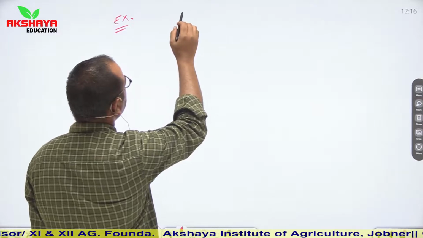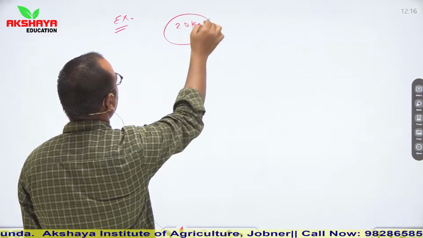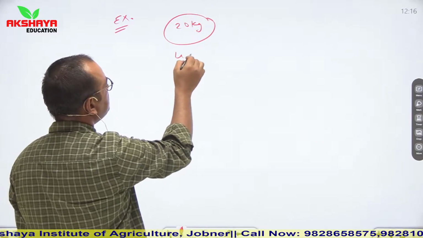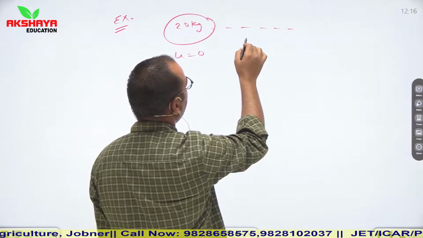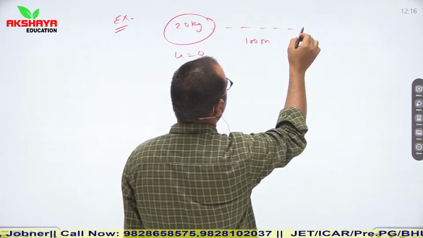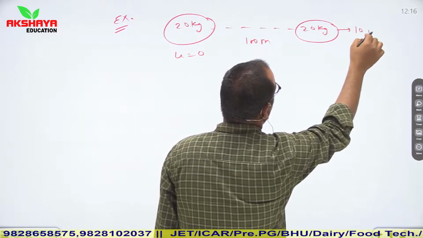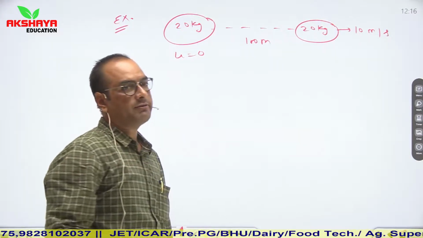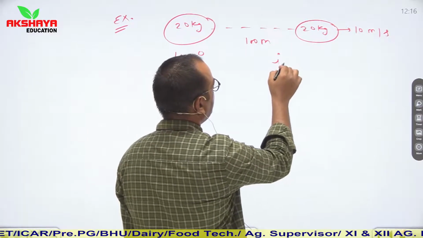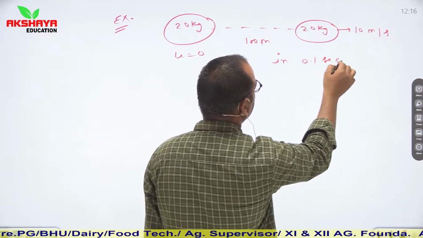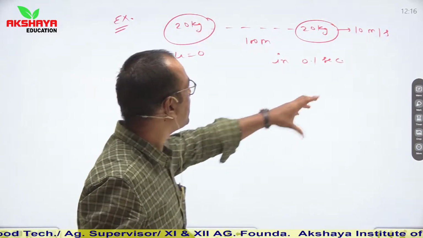So let us say that an object of 20 kg is initially at rest, and after traveling a distance of 100 meter, its velocity becomes 10 meter per second. If the particle travels with constant acceleration, then in 0.1 second, what is the impulse imparted if this object hits a wall with the